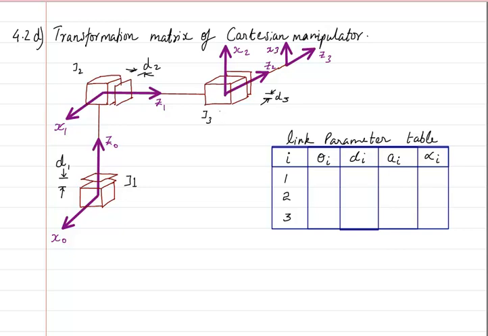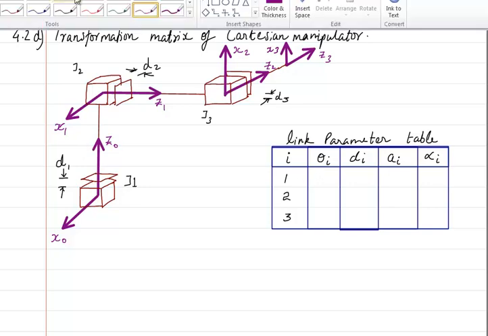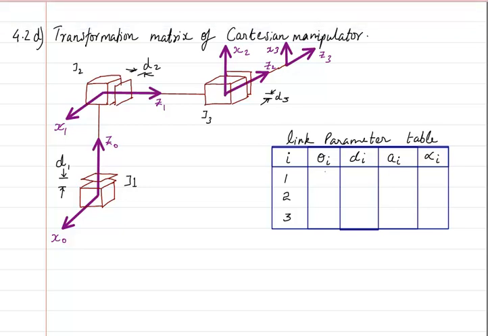I can draw the y-axis, but you all know that it is not advisable. So here, theta is the angle by which I have to rotate about z so that x0 becomes parallel to x1. Already x0 is parallel to x1, so let me take a different pen. So here theta 1, for the case I am talking about going from frame 0 to frame 1, that is i equals 1, is 0.